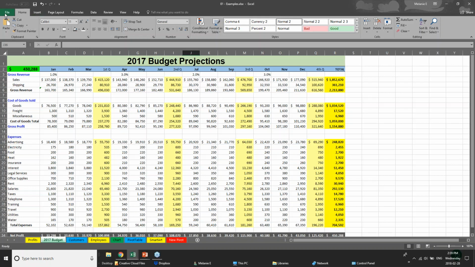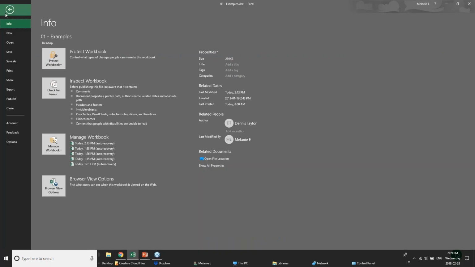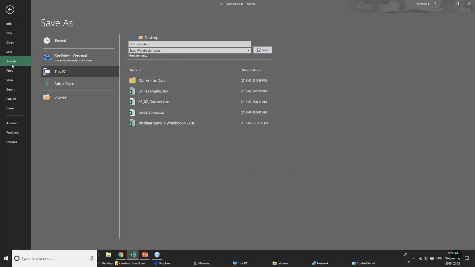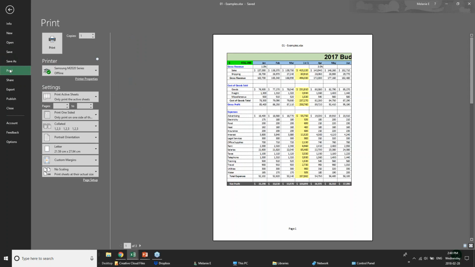So first off, let's talk about saving. I'm going to go here to the File tab, and this takes us to the Backstage view, which is very similar to all other Microsoft products. I'm going to go here to the Save option, which it's already saved, but I'm going to go here to Save As. Similar to other Microsoft Office products, I can decide on the name, where it goes, and whether I save it on the cloud or on this particular PC. But in this case, I'm also going to just go here to print. So in the print option here, you'll see that